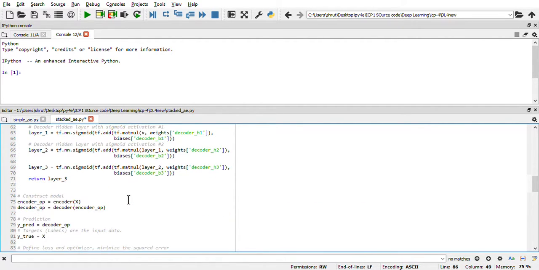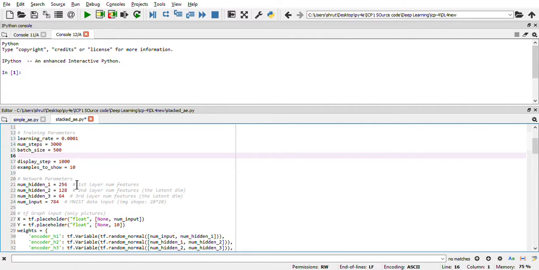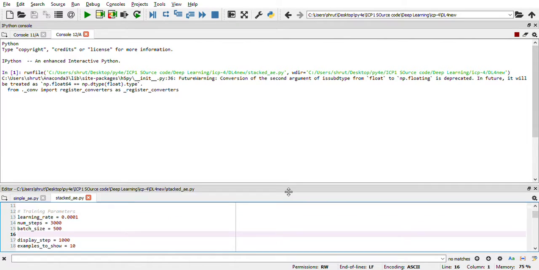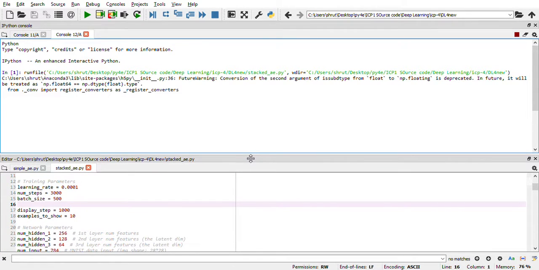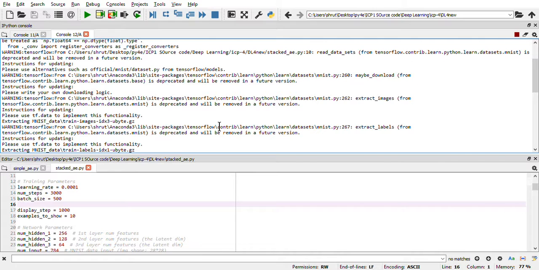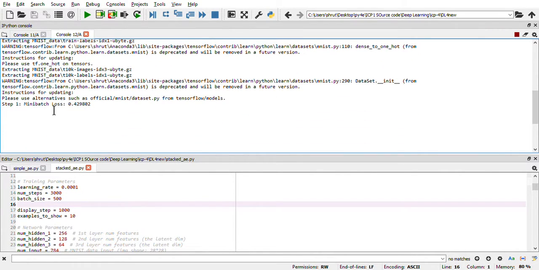Here I am changing the learning rate as 0.0001, number of steps as 3000 and batch size as 500. So when I run this, loss for the step 1,